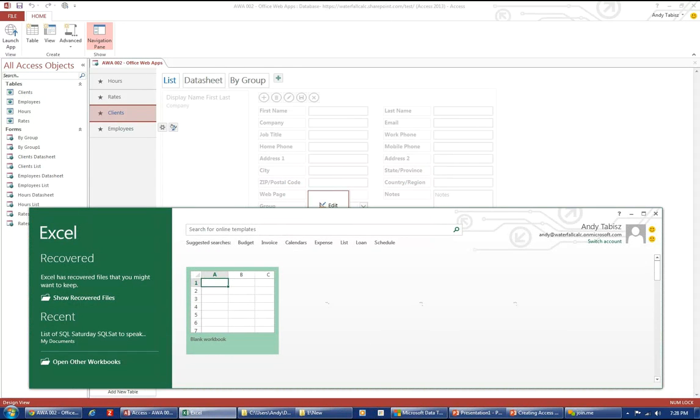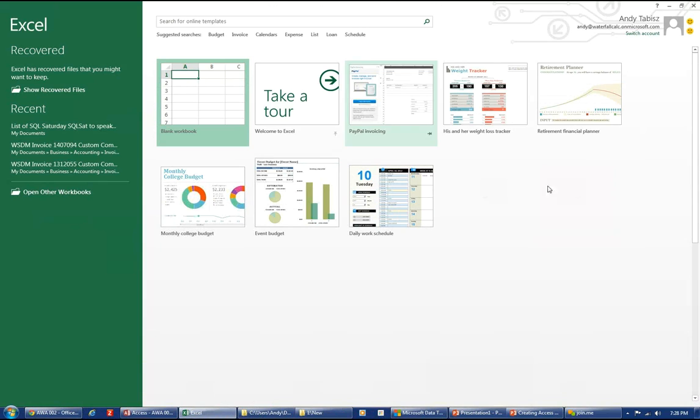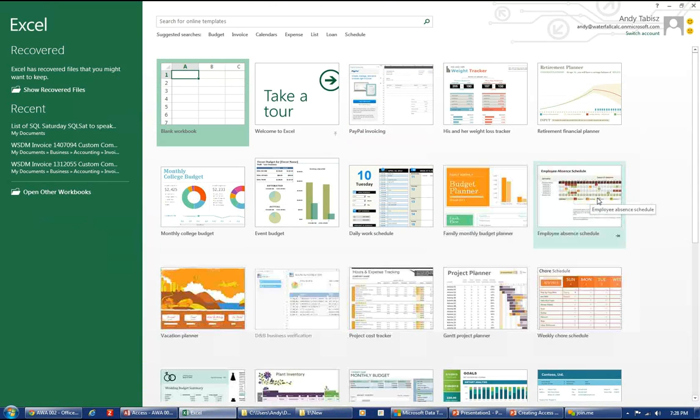And so there are limitations within Access because of being able to only use the macro language. So one of the things that Microsoft has come out with are what's called Office web apps. And so what that allows you to do is within Word and Excel and Access and Outlook and things like that, you can add on things to your Excel file or your Word file in order to add additional functionality